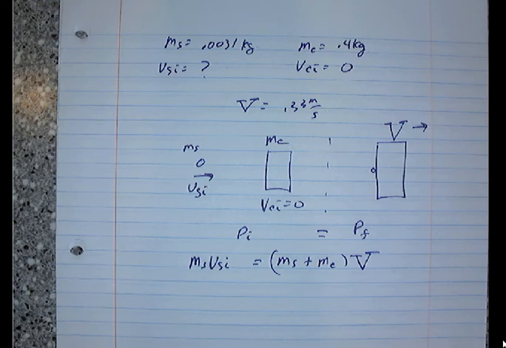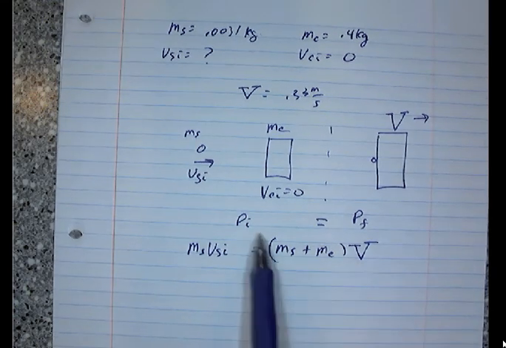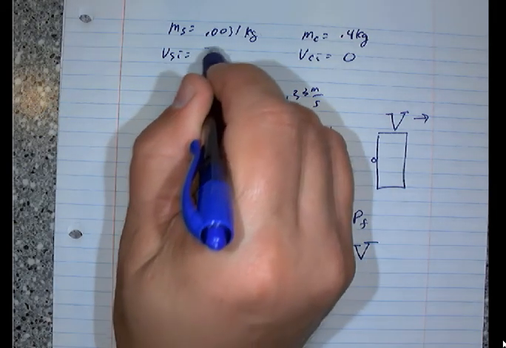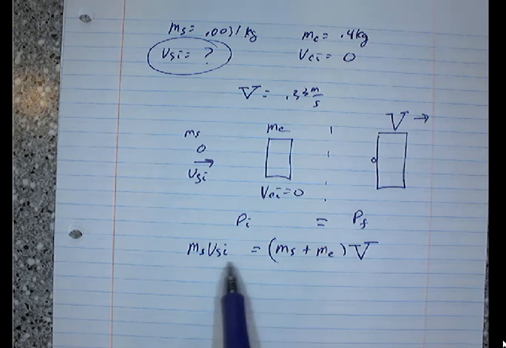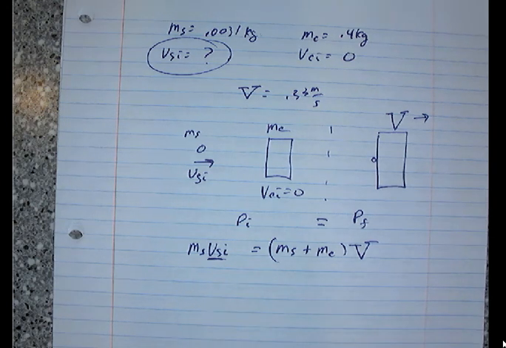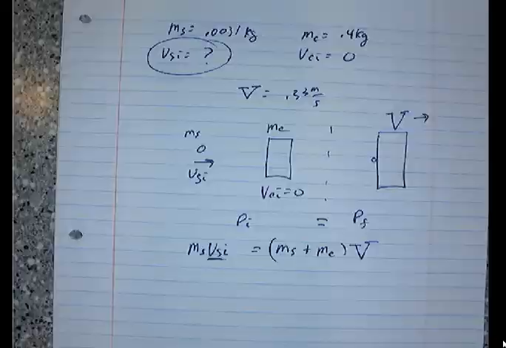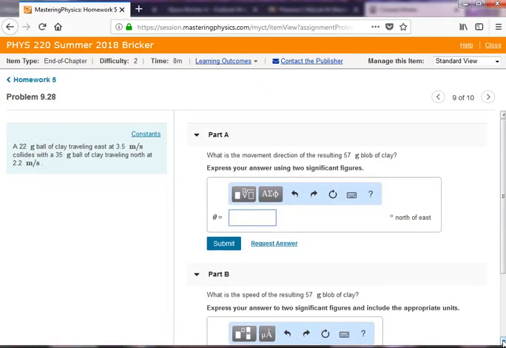So it's a collision problem. That's how I know to use the conservation of momentum concept. And then the only thing that I don't know is the initial speed of the spitball. So you have to do a little bit of algebra to figure out this term, but you know everything else. Excellent. Okay, so next one here, we have a 22-gram ball of clay, so again, change that to kilograms, traveling